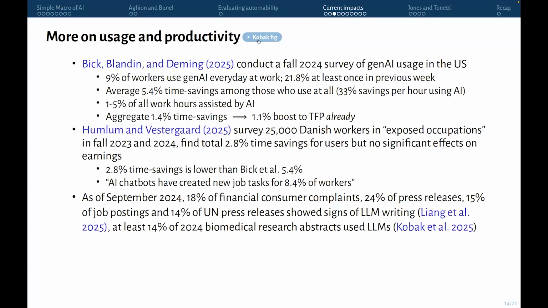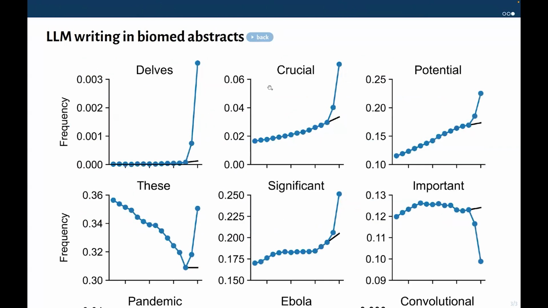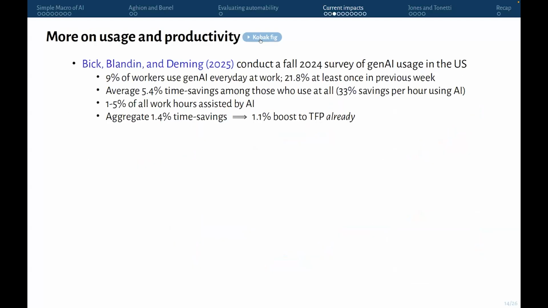Some of you might have seen this figure before, but I think it's kind of fun. This is from the Kobak et al. paper on biomedical abstracts. You see that "delves" in particular just shoots up in frequency. And all of these words have clear trend breaks, suggesting LLMs are being used in the writing of the abstracts. But note that there's now evidence that people are using the word "delves" themselves. Yes, like it's socializing with AI. Yeah, I read "delves" in a blog post the other day where it was like surely written by a human, and it was like, oh.